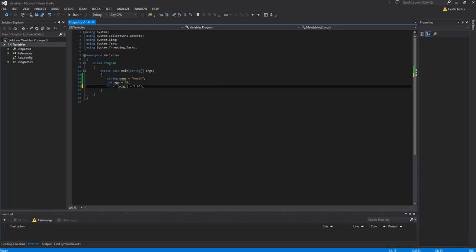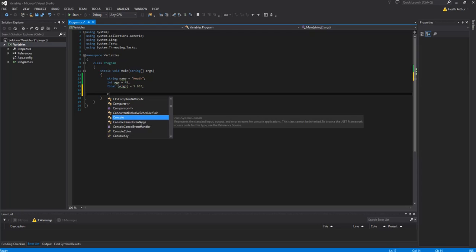Okay, here we are in Visual Studio. I've got the same three variables set up here. I want to give you an idea of how this is going to work. I have created a console application, and what that pretty much means is when you run the program, it will open up in a console window. So let's just jump right in here, and I'm going to show you how this works with one line of code. We'll call it